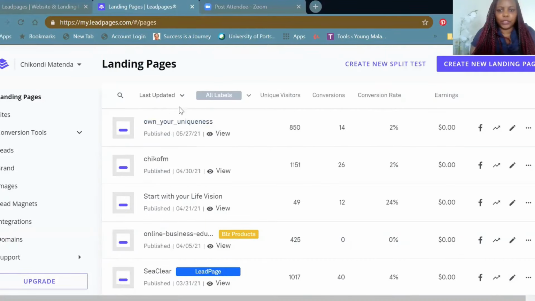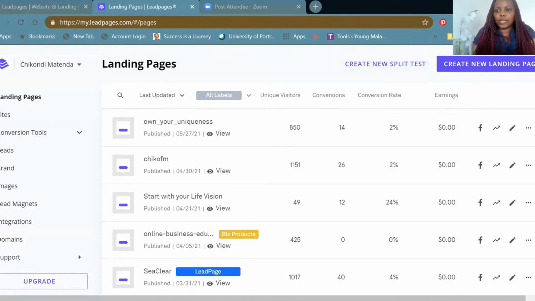So basically what I do is just review it as an overview. I don't get too stressed out about the conversions because there are ways to boost the conversions if you want to. That is through paid ads, and through being highly active in community groups, for instance. So when I come here,